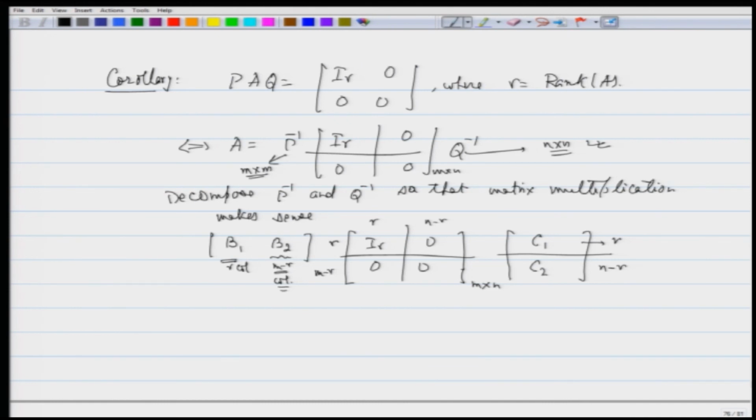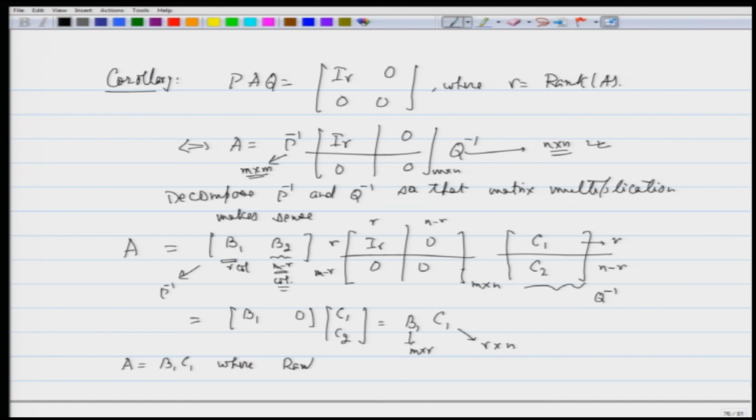Once I have done that, this is P inverse and this is Q inverse for me. So, A remains as it is. Let us multiply it. You get here this into this is B1, this into this is 0, times C1 C2, which is equal to B1 C1. Now let us look at this. B1 is of size m cross r, C1 is of size r cross n. Therefore, we have got A as B1 C1,